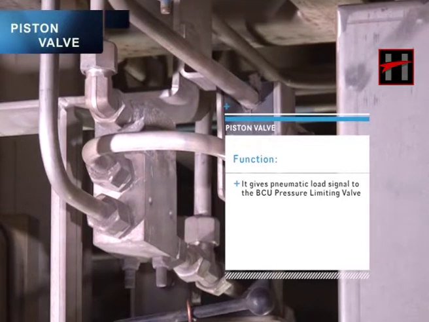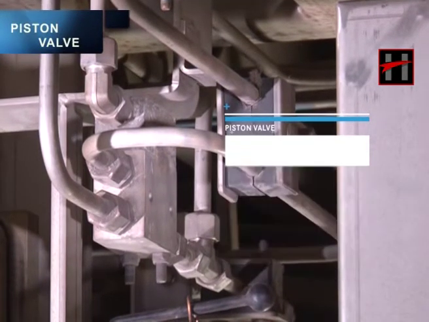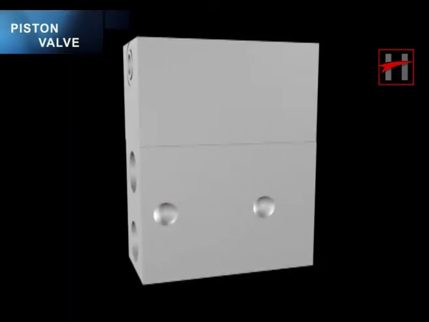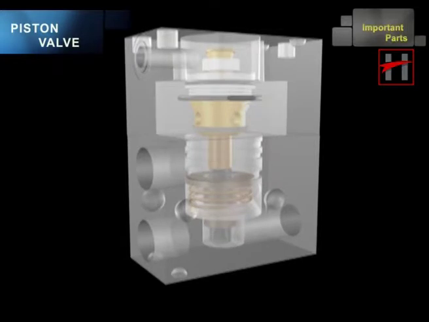The piston valve gives pneumatic load signal to the BCU pressure limiting valve. The various parts of the piston valve are